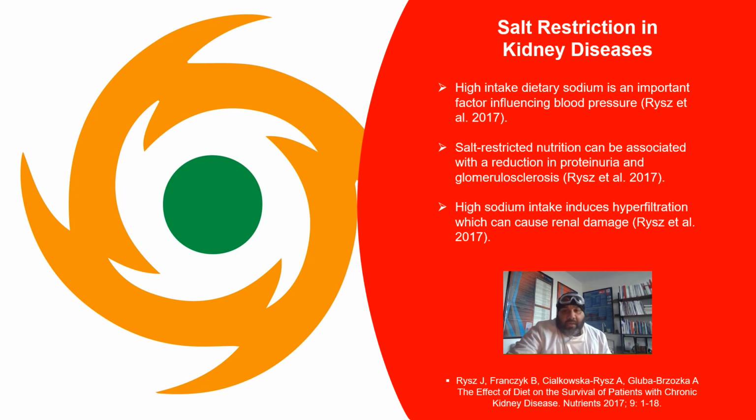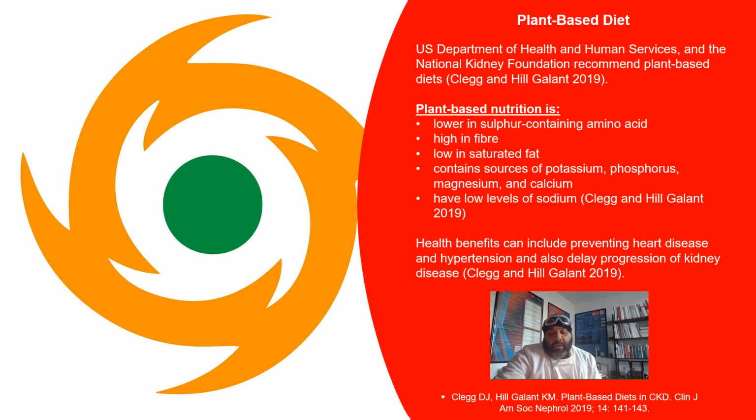High sodium intake induces sort of an overactivity or hyperfiltration, which can cause renal damage as far as glomerular function is concerned. There has been some work by Clegg and Hill Gallant in 2019 where it said that the US Department of Health and Human Services and the National Kidney Foundation had